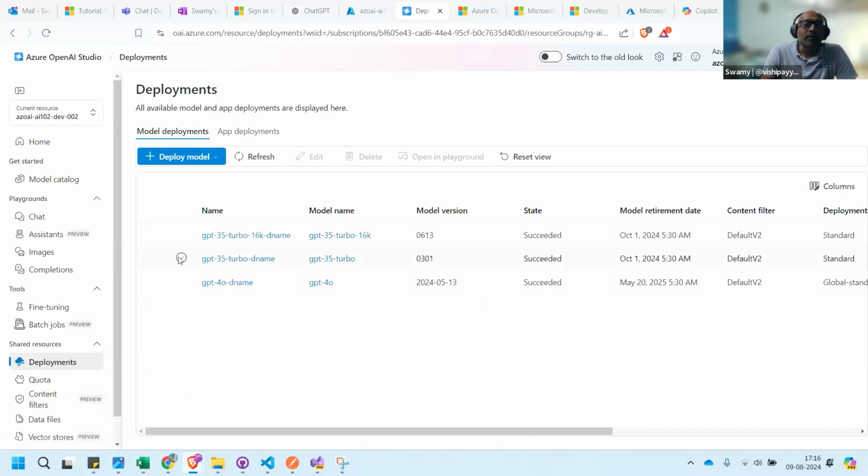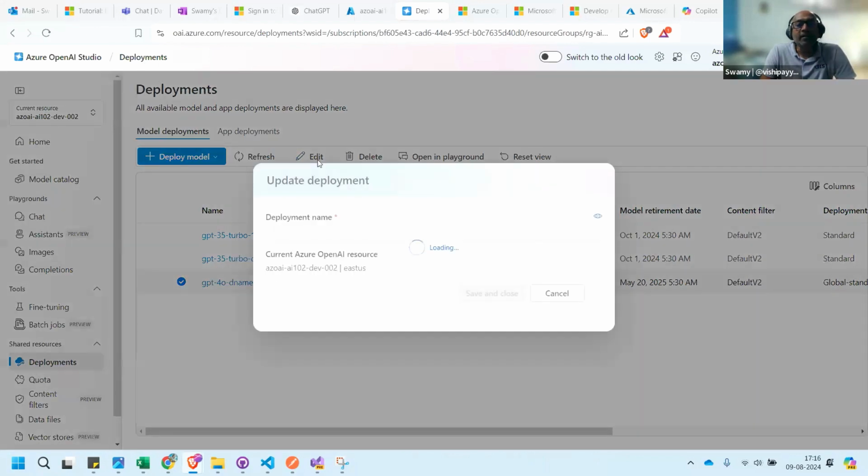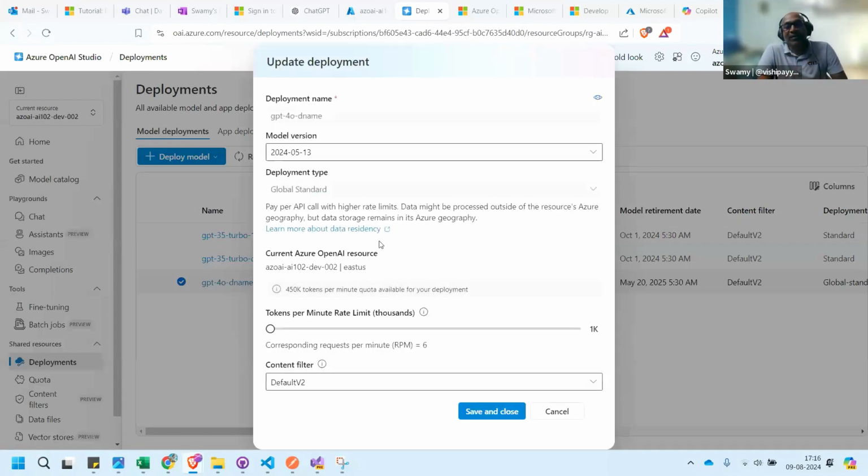If I select one and edit, it shows some options we can change and some we cannot. We'll see which options we can change. Today it is allowing us to change, but that does not mean it will allow us tomorrow. They might add restrictions, or something might change.